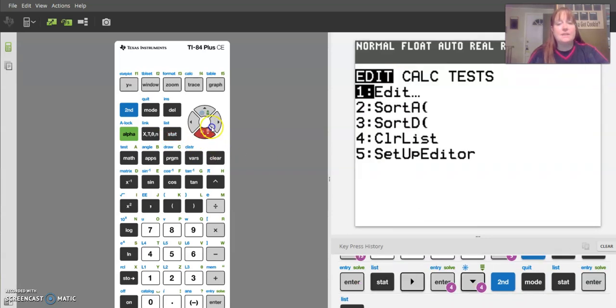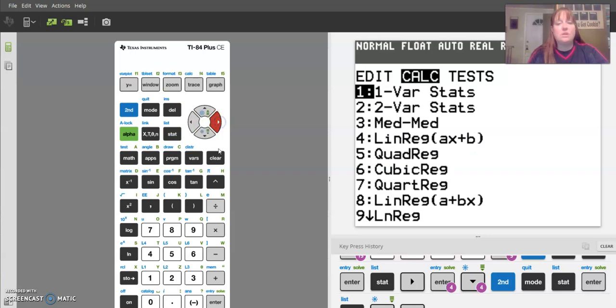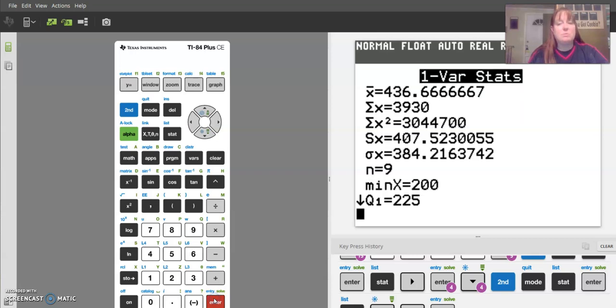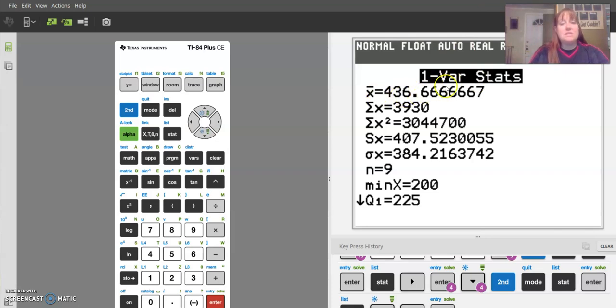Then push Stat, and we're going to calculate our one variable statistics. Our list is list 1. We don't have a frequency list, and we push calculate. Now this is our one variable statistics. Remember, it tells us everything we need to know. If you look at your notes, we have a chart of what each of these things means. So this is the mean right here,